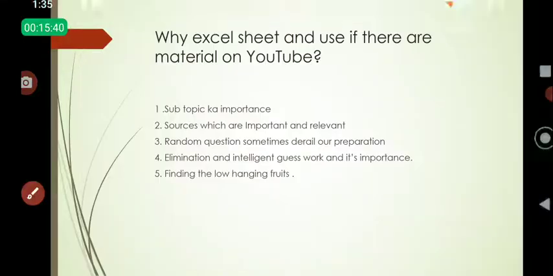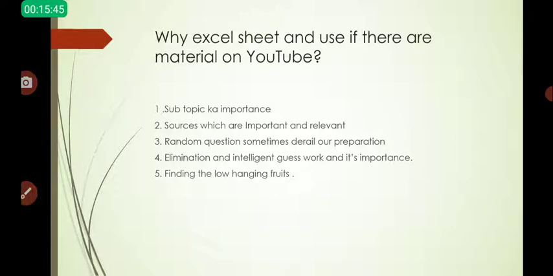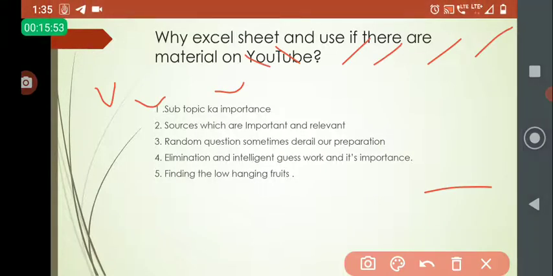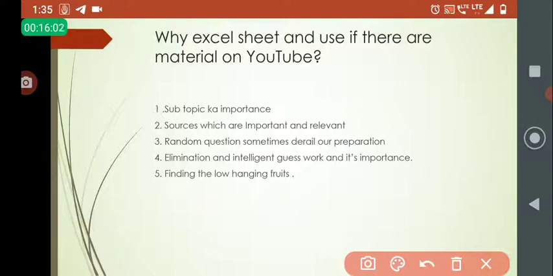Now, why this Excel sheet is important, and why other materials which are available are important but not less important, because you need to know what the subtopic is. Let me take an example. Every year the questions of polity come for 14 to 15 marks, and we all have that same material that is called Laxmikant. Every boy who starts the preparation and buys their first book, it has to be Laxmikant. We all know that.